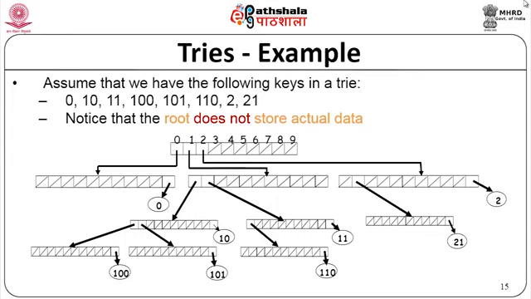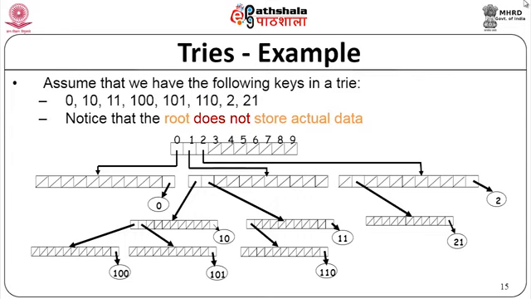In this particular example we have only 0, 1, 2. So, the prefixes start with the starting numbers only 0, 1, 2. So, you have only 3 branches from the root. Now, from 0 you just go to 0 and directly point to 0, because there is no other key with 0. Now, if you take 1, you have 10, 11, 100, 101, 110 starting with 1, and the next number after 1 is 0 or 1 only here. So, in the next from 1 you will have 0 and 1 coming, and we will follow it later. From 2 you can have 2 itself or 21, that is all.